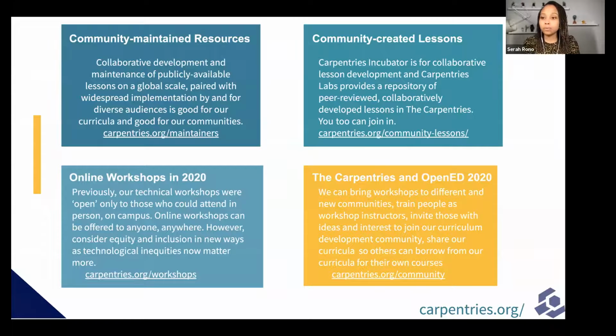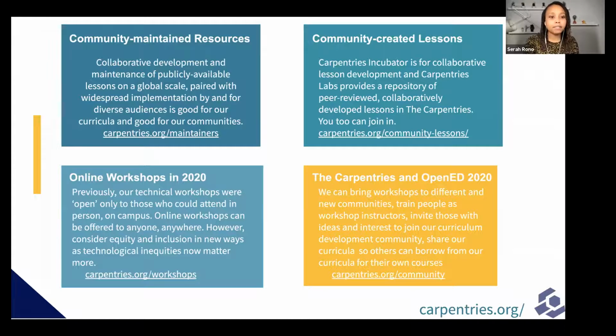So the first thing we want you to be aware of is that the core lessons in the Carpentries, so lessons that are signed off and made available under the Carpentries banner, are completely publicly available and maintained by our community members.